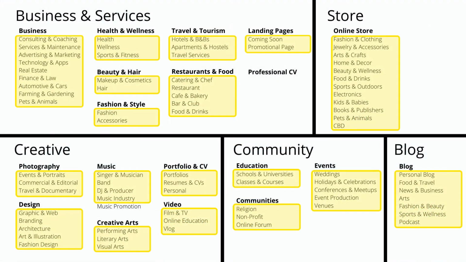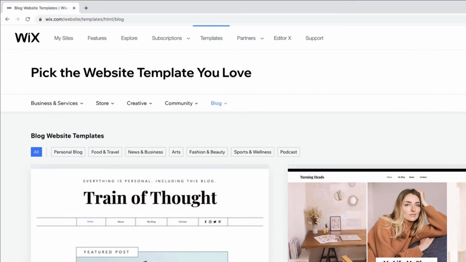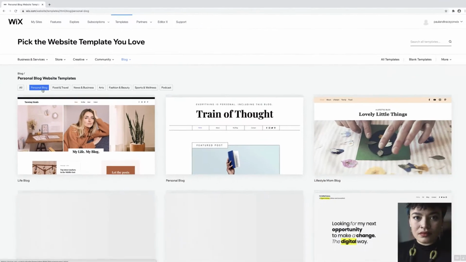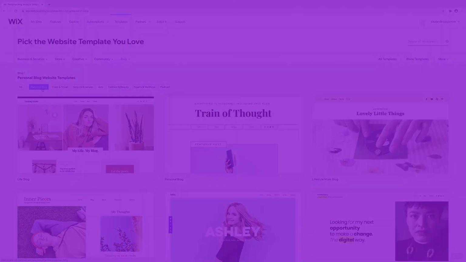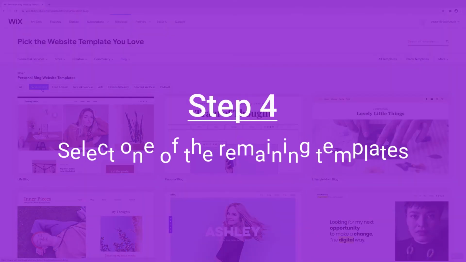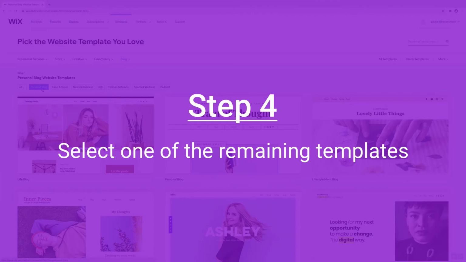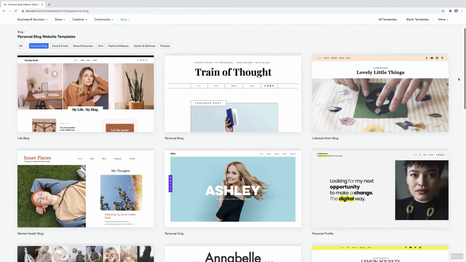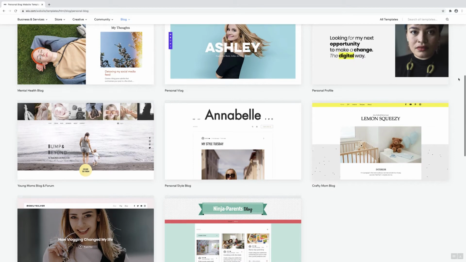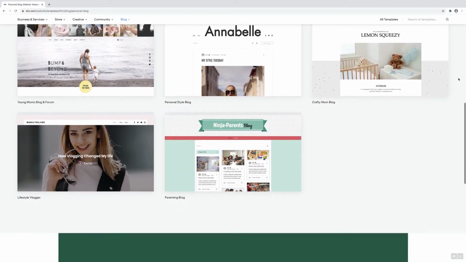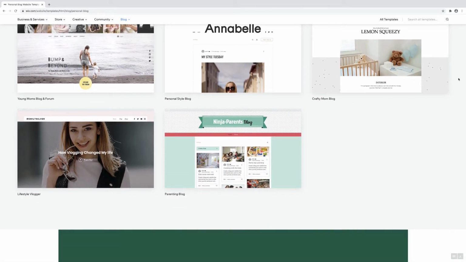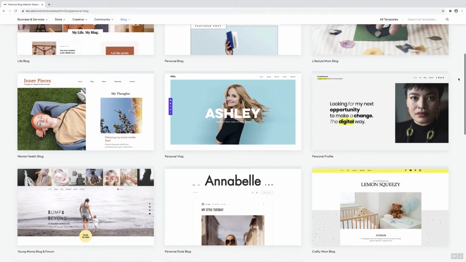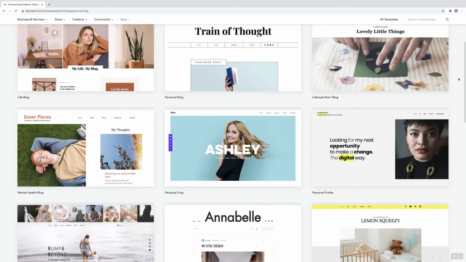There are a further 77 subcategories offered by Wix. In this tutorial, we'll be choosing the Personal Blog subcategory. This system helps you to narrow down your choice of template. Now, from the over 700 templates that we started with, we're down to 11. And those 11 match specifically what kind of website we're trying to create. This is much easier than searching through over 700 templates.